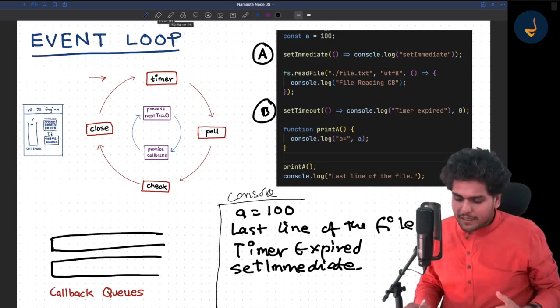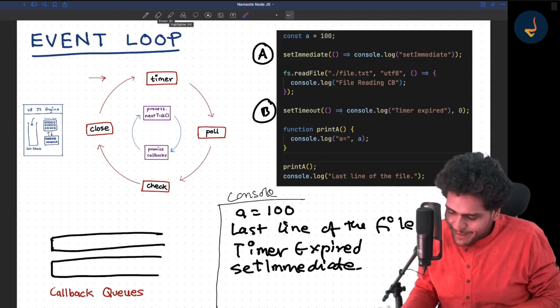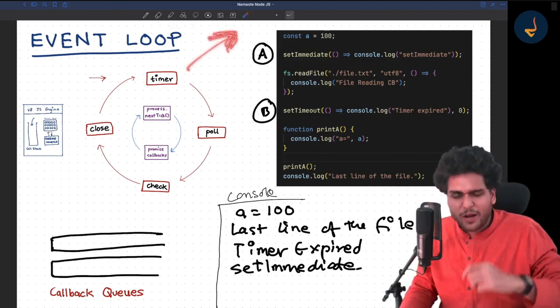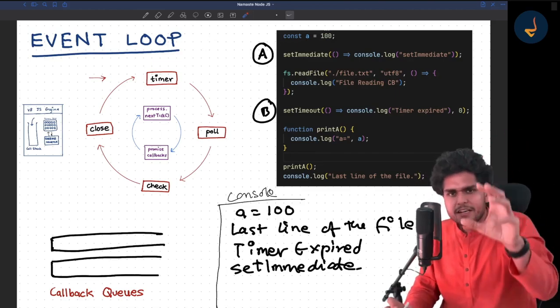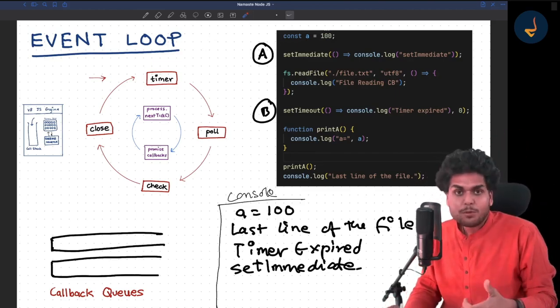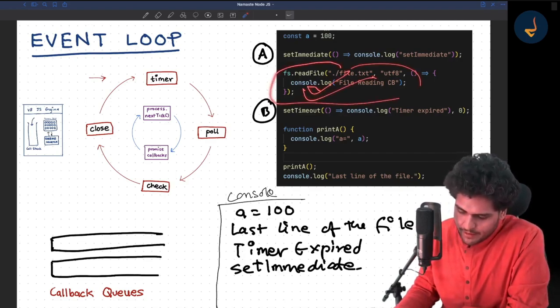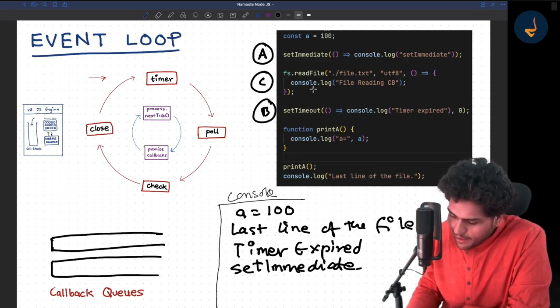Now what will happen? Meanwhile all this was happening, right? libuv was reading the file, right? That file read operation is going on in parallel. In parallel, it will read the file. Now suppose after some time, this file read operation is completed. Let's call this callback function as C. Okay. So now, as soon as this file read operation is completed,